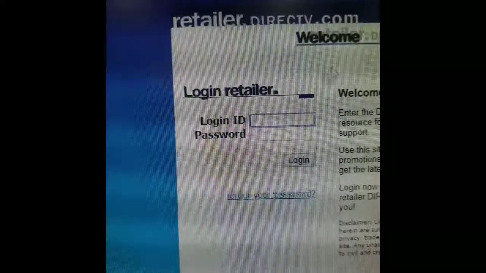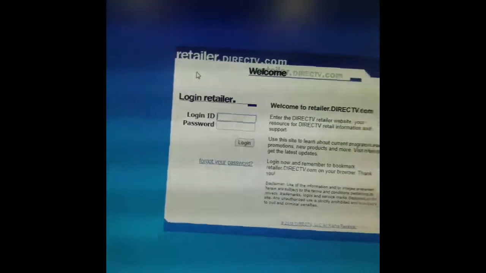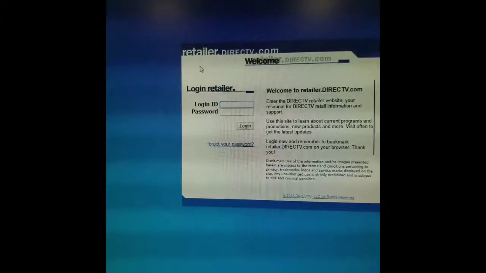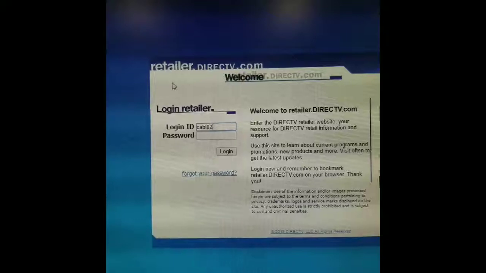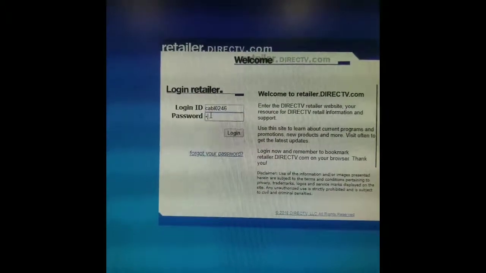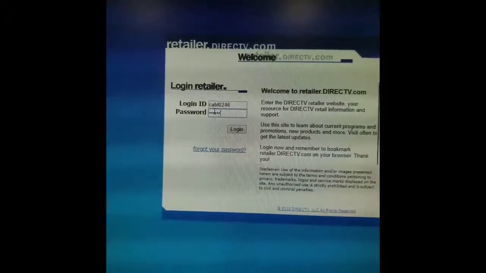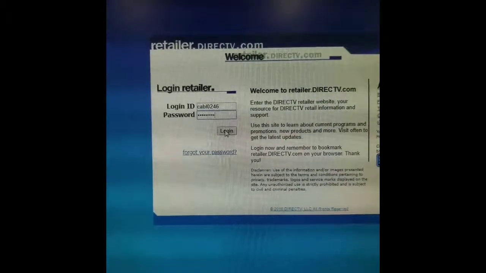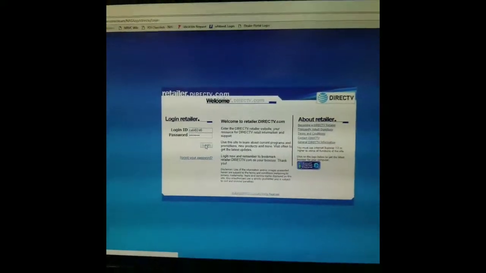Once you do that, we're going to put in our login. I will give you guys the login information, but it's always the same for all of us. So it's CABL 0246. Our password is tax17 pads, capital T A X, number 17, and pads, capital P A D S. Then we're going to hit login. Once we log in,